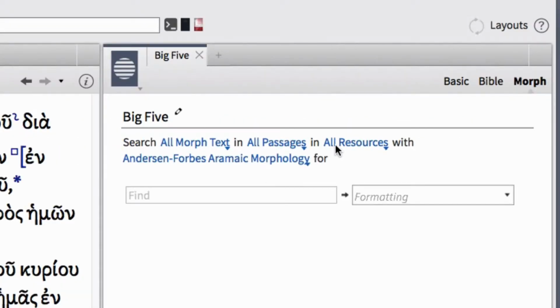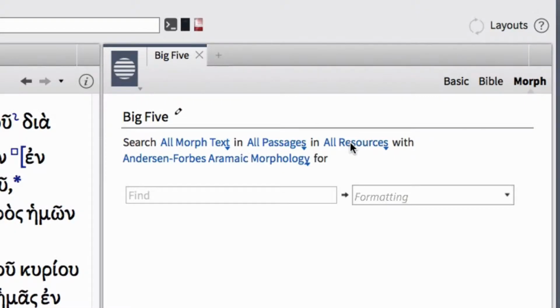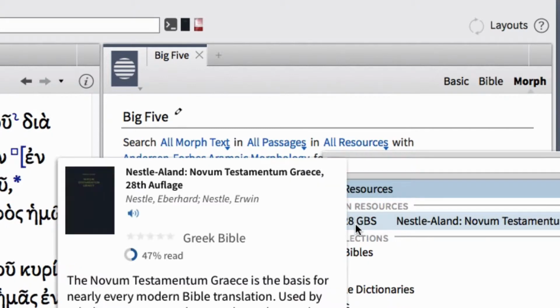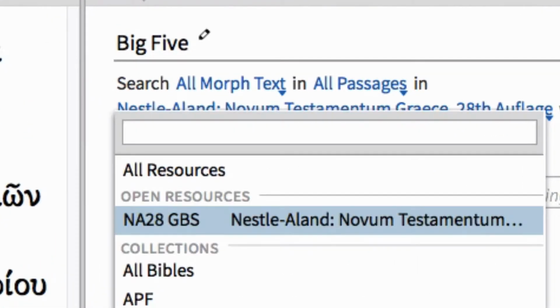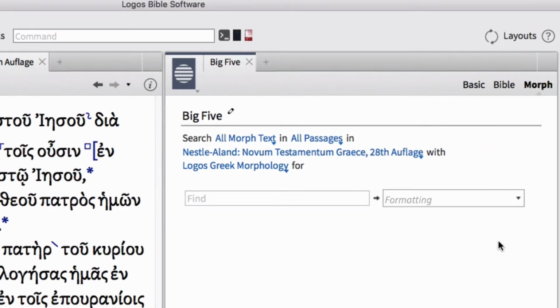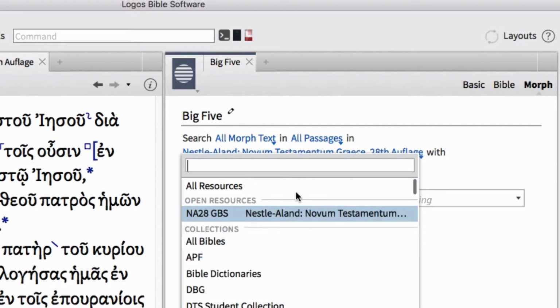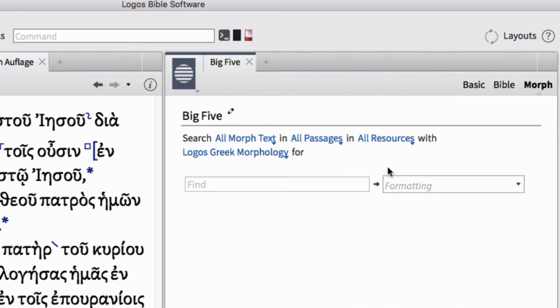And so the easiest way to do that is to first of all point at the part of this sentence called All Resources and click on NA28. Now this forces Logos to use Logos Greek morphology for this search. We can set this back to All Resources so that any resource that uses Logos Greek morphology will follow this